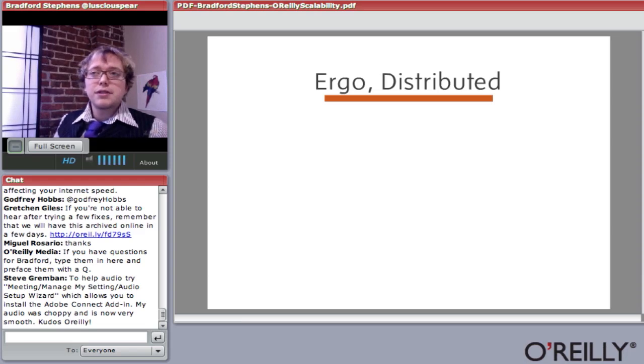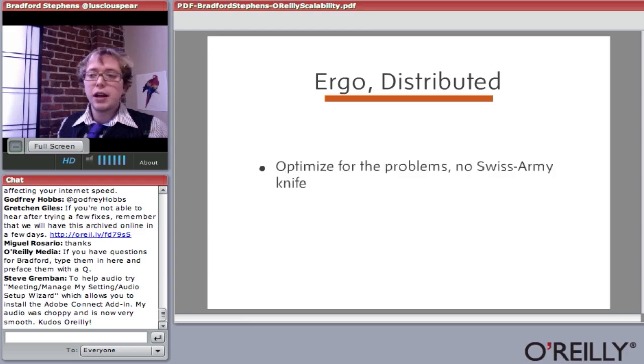And so, since traditional data infrastructures are very difficult to make scale linearly, or very difficult to spend more money on to gain capacity in a linear way, we have to build web architectures that are distributed. So that means you really have to optimize these architectures for their problems because Swiss Army knives don't really exist anymore. You could traditionally do anything with your old style database, slicing and dicing data, storing it, searching it.